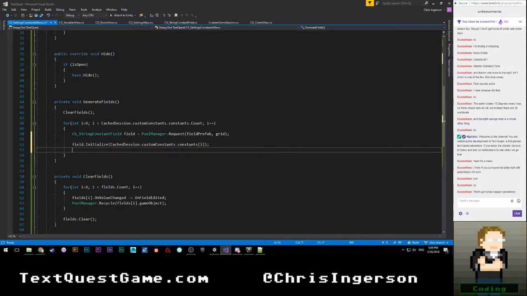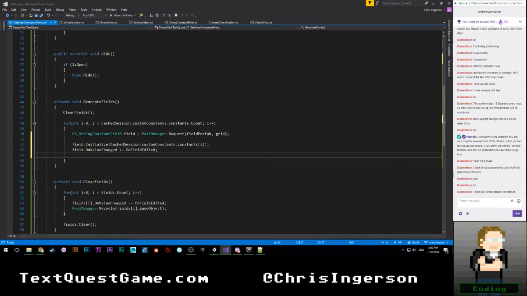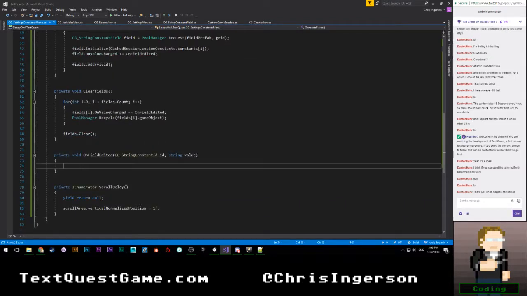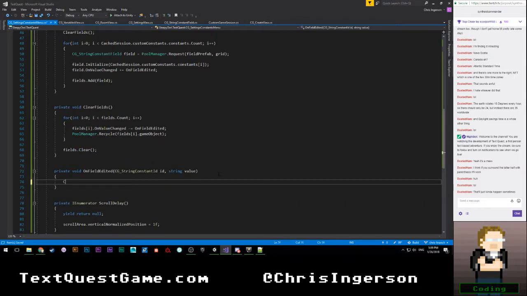And then we'll say field.on value change plus equals on field edited. And then fields.add field. So on field edited, we're just going to say cached session dot custom constants dot set constant based off of ID and value.